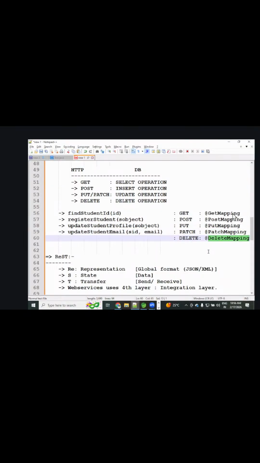Clear? Okay. So that's all about it here.